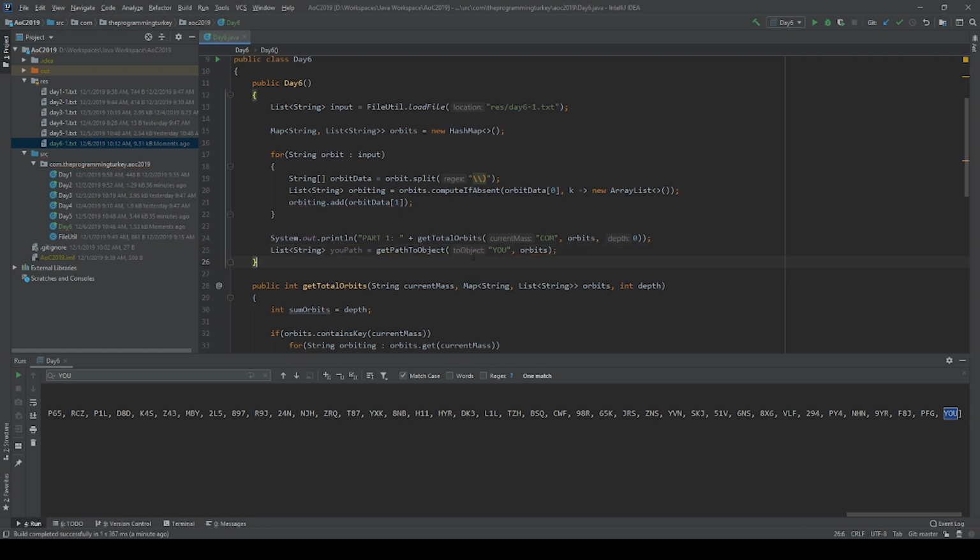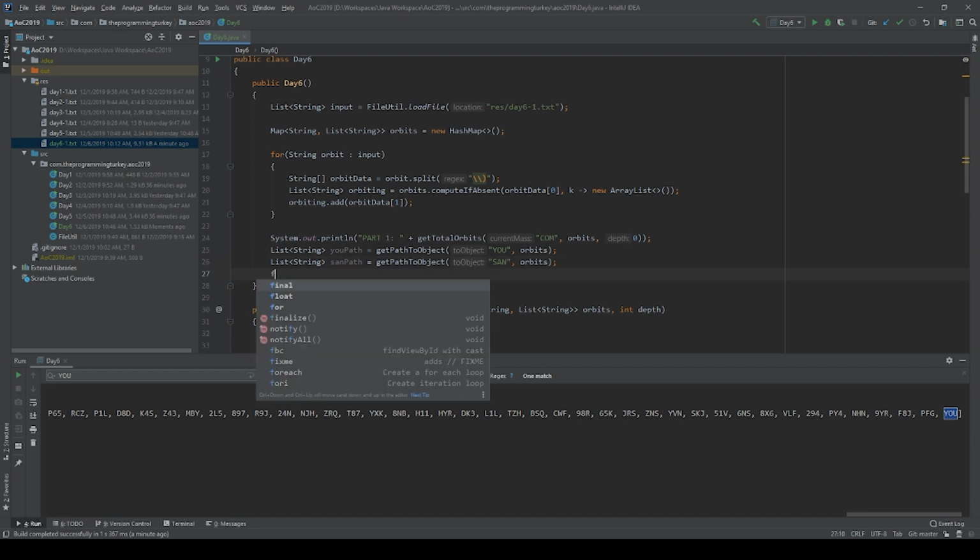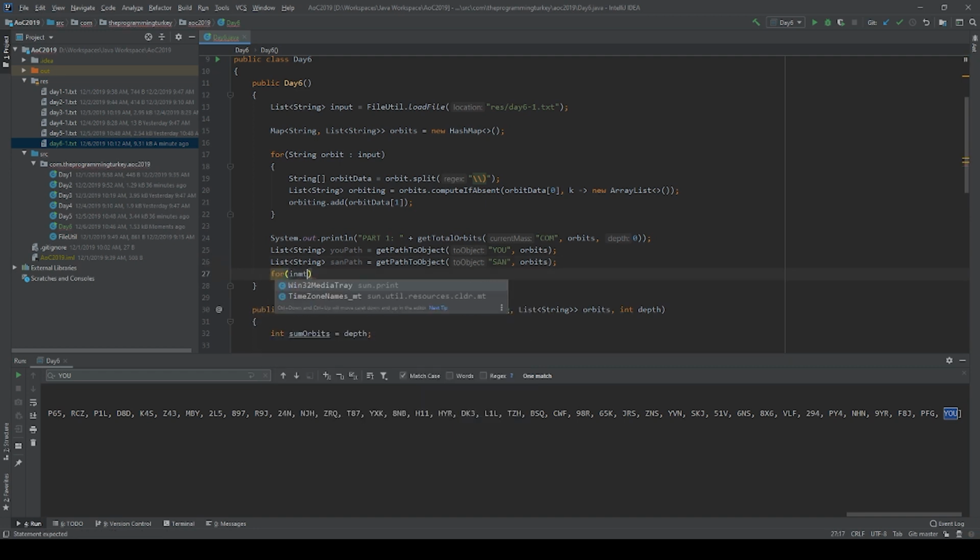Okay, so there's our path. Let's get Santa's path. And now the next thing to do is to find out the deepest shared node. And that's actually pretty easy to do. We just go for int I